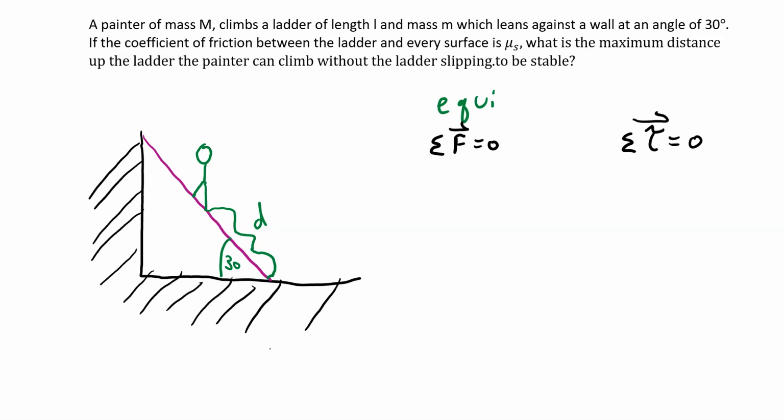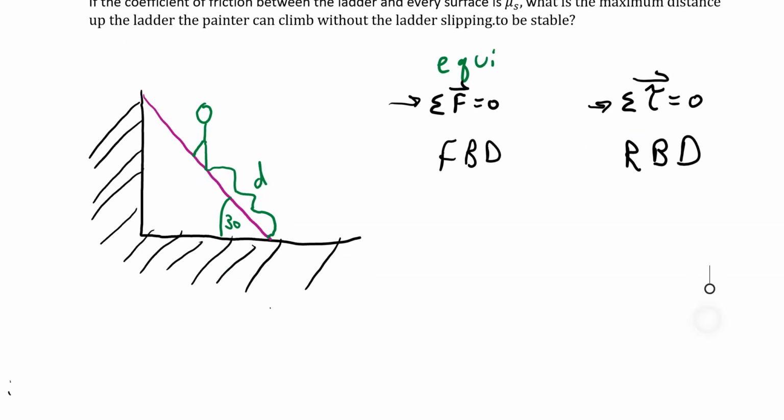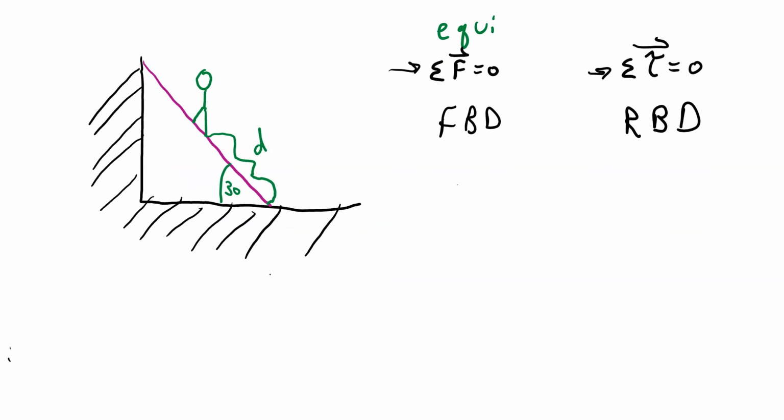Okay, in order to figure out what the forces are and the torques are, we need two things. We need a free body diagram, and for the torque, we need a rigid body diagram. Okay, in the case of the free body diagram, let's see. On the ladder, you've got the weight of the ladder, which is little m g. You've got the weight of the painter, which is big M g. And then you've got the normal force from the wall, and you've got the normal force from the ground,